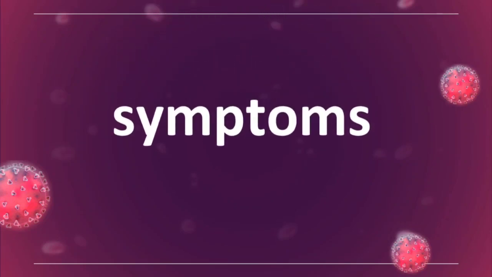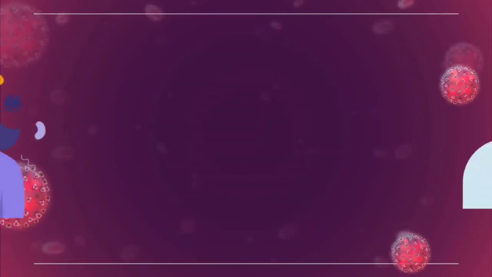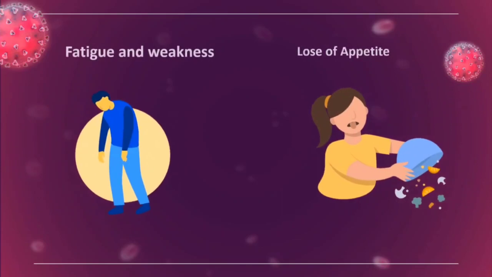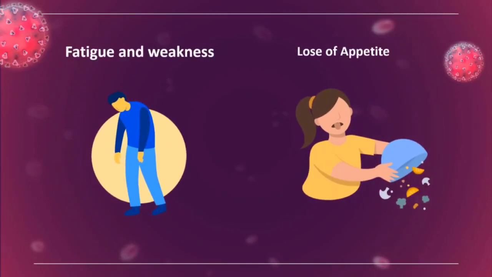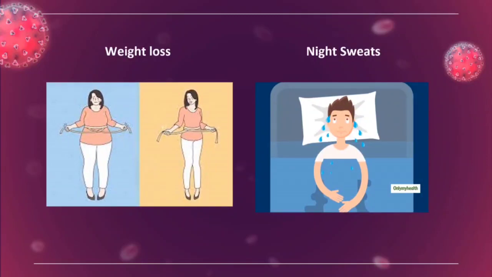The symptoms of tuberculosis can vary depending on the stage of the disease. In the early stages, there may be no symptoms at all. However, as the disease progresses, the following symptoms may occur: coughing that lasts for more than 3 weeks, chest pain, fatigue and weakness, loss of appetite, weight loss and night sweats,